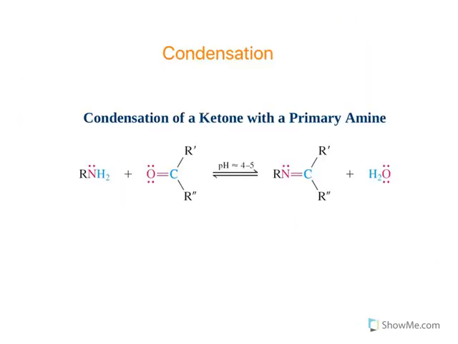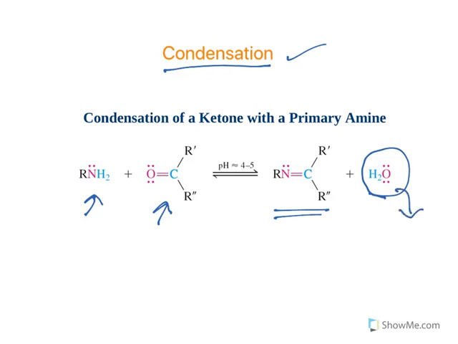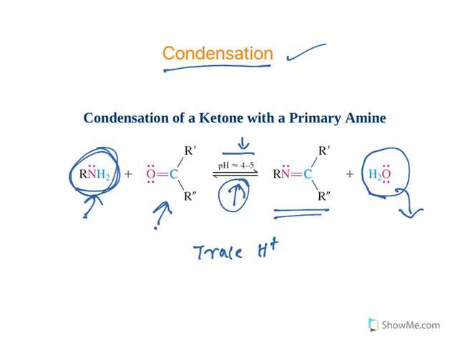Moving further. Now, condensation. There are certain types of reactions which are known as condensation. Two of the starting materials combine and lose a small molecule like water or alcohol and form a final product. This kind of reaction is known as a condensation reaction. Wherever removal of water or small molecules is involved with combining two starting materials, those reactions are known as condensation reactions. Look at the pH. This reaction takes place at a particular pH. This particular pH is required. I told you at the beginning, you need a trace amount of acid. Too much acid will reduce the nucleophilicity of the starting material. So too much acid is not required. You need to maintain the pH at 4 to 5.